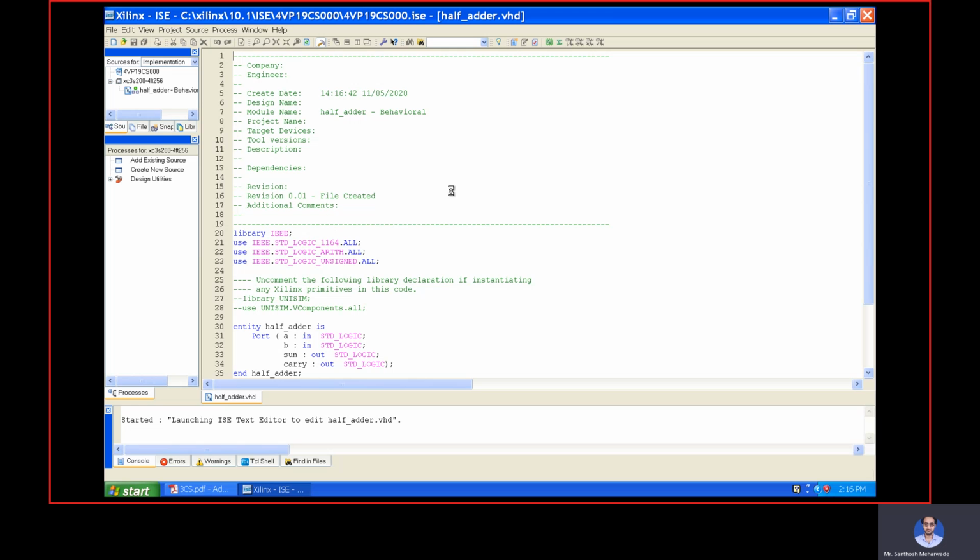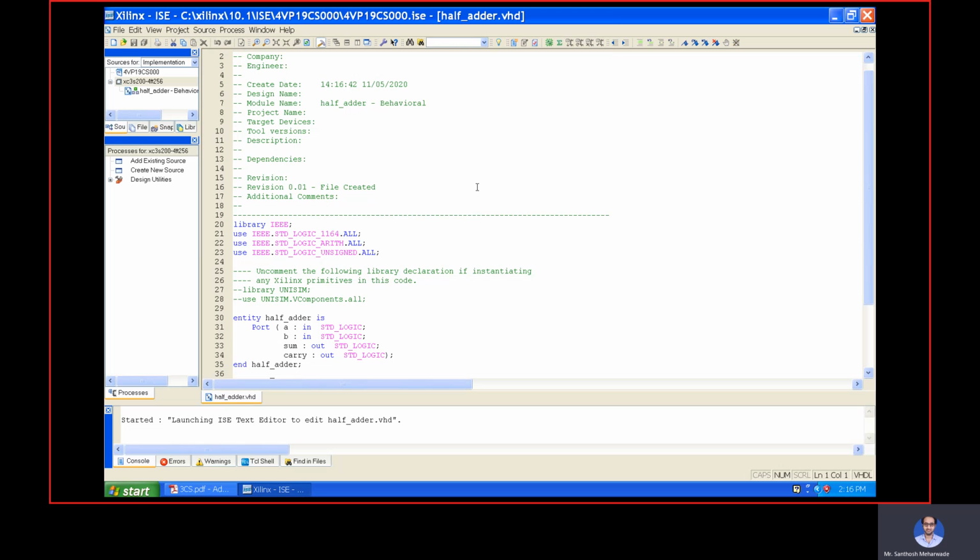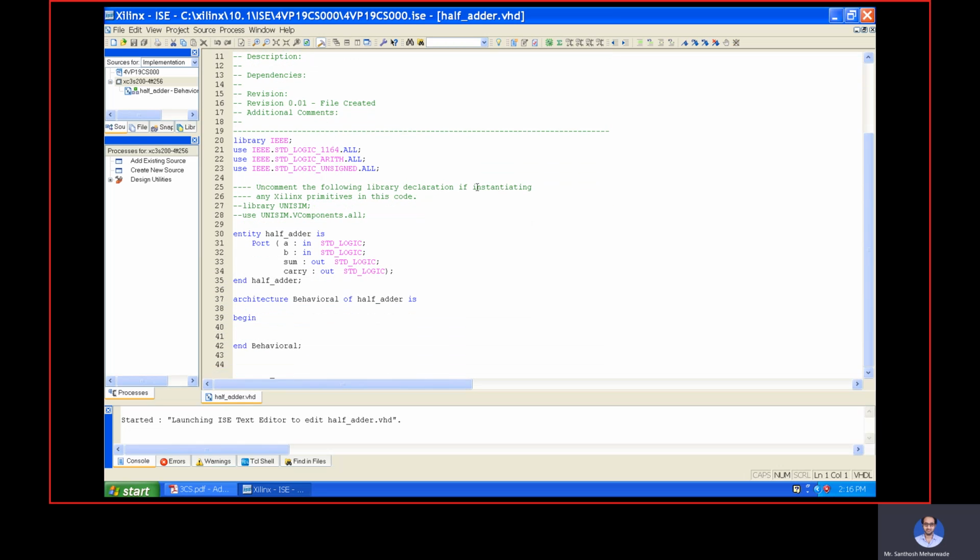You can see that some predefined terms are already in your program. Now you can see that it has written everything. No need to type this IEEE and all these header files. Here it has written the entity part also, with the source name half adder. It is going to start with the half adder and end with the half adder,